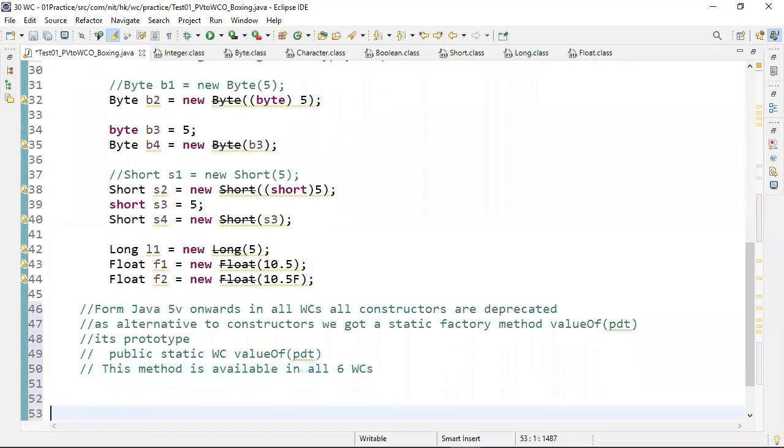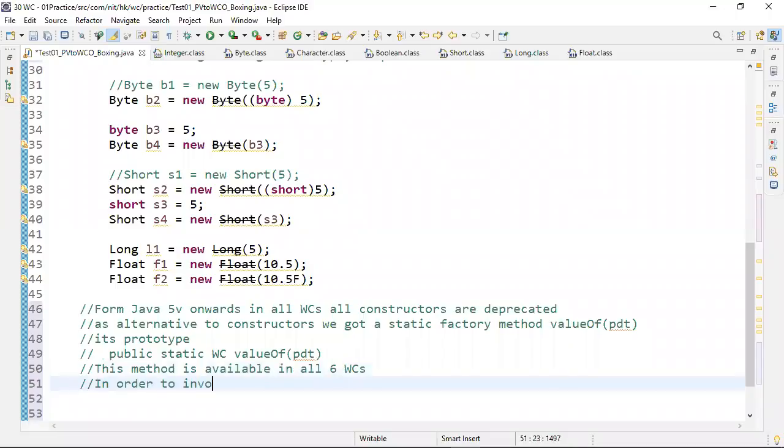Tell me, how to invoke? In order to invoke this method, we must use class name. Which class name? Wrapper class name.